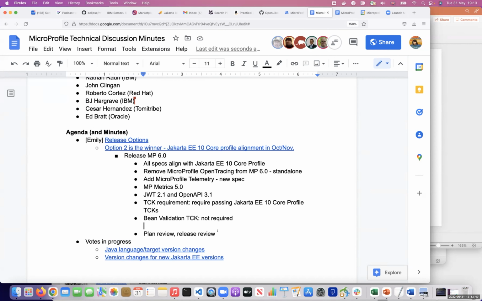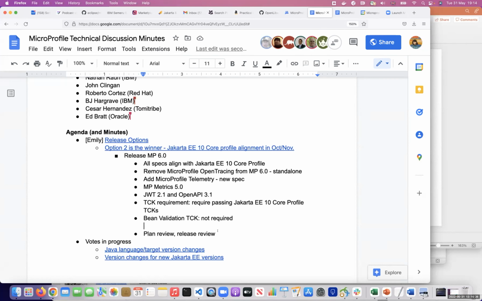Probably in MicroProfile 6.0, we should follow the specification process. I mean, we should create a plan review to start with, because that needs to go through the ballot and so on. But at least for the Jakarta EE 10 core profile alignment, I think some specs may just need to do a micro release, like a service release per se.